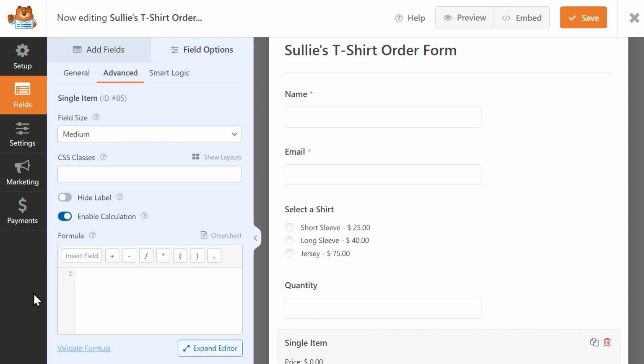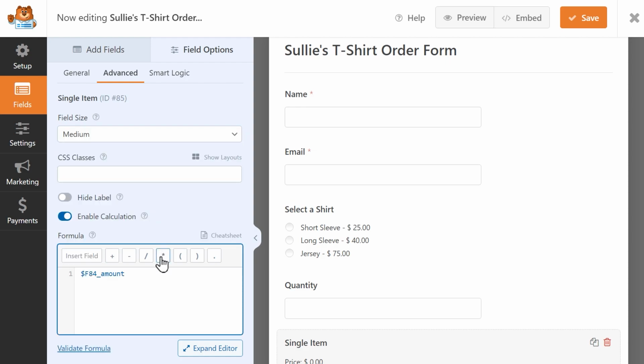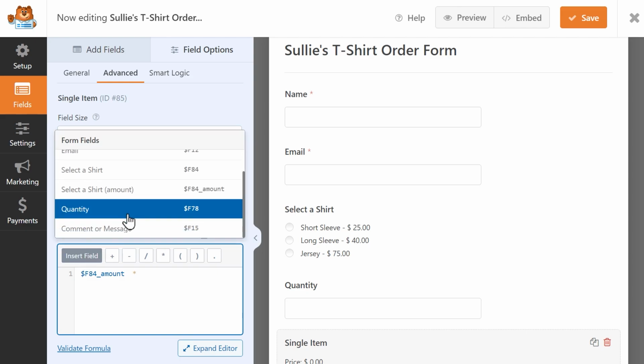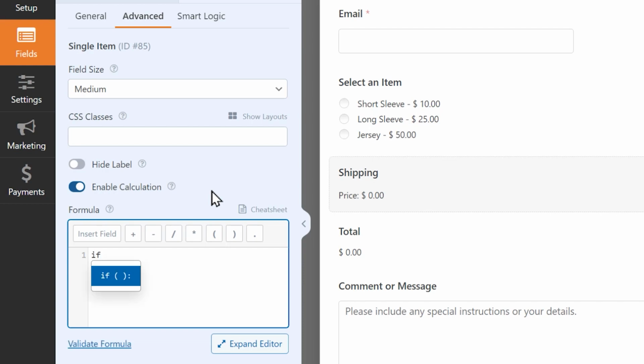In the text editor, you can use the Insert Field button to add fields from your form to your formula and use any of the available arithmetic operators to perform your calculations. The Calculations add-on also allows you to create more advanced, complex formulas by using comparison and logical operators to create multiple expressions. It also includes an autocomplete feature that will suggest fields, functions, and additional operators while you're typing your